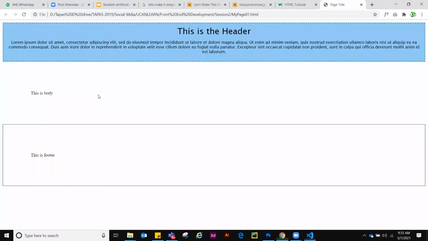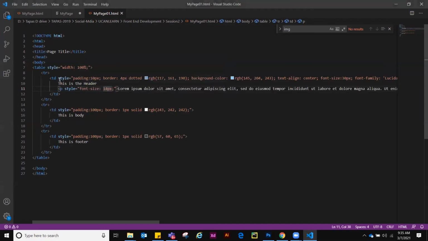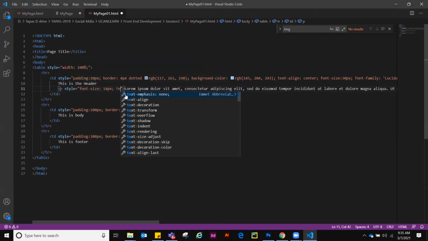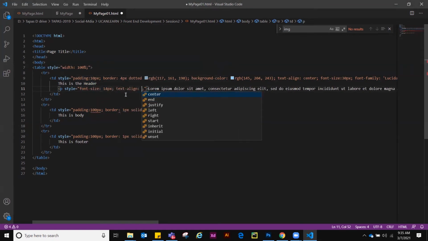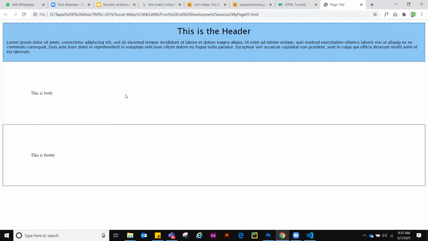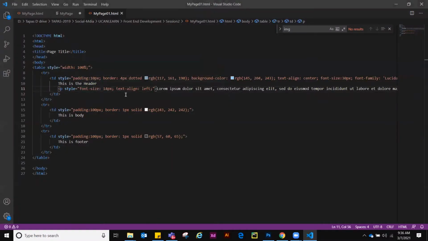And text, see the text is center aligned because I have introduced this code inside the tier. So this entire code will be applied inside the tier. So I will say text align left. Simple. Okay. Simple. Yes.